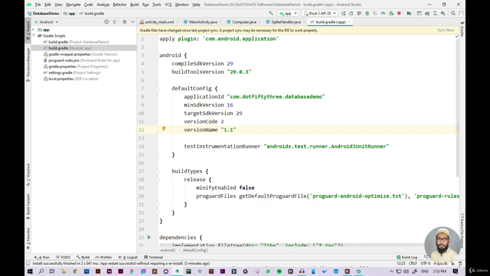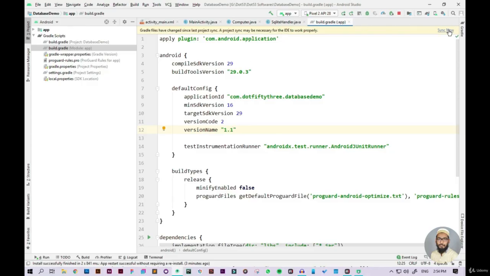The package name for the application must be the same every time I upload the application on the Google Play Store. Okay, so the only thing that shows the Google Play Store that I have a new update of the application instead of a new application is the version code and version name. So this differs your previous application from your current application. Okay,